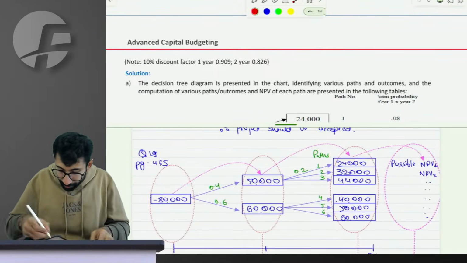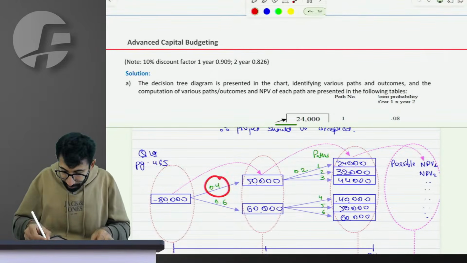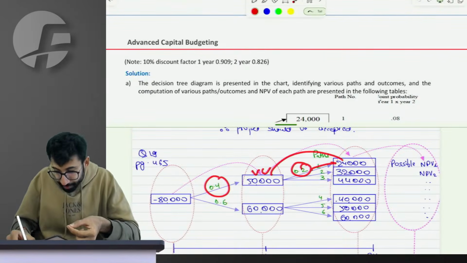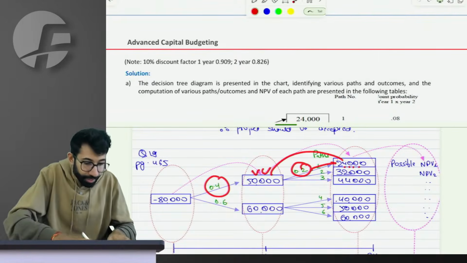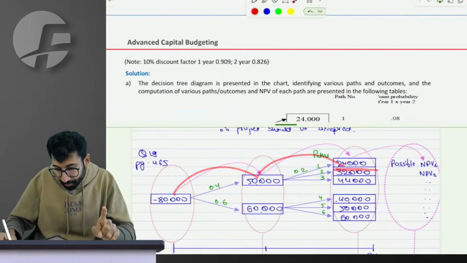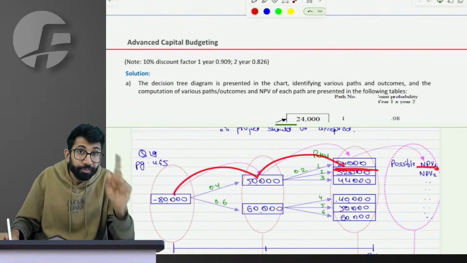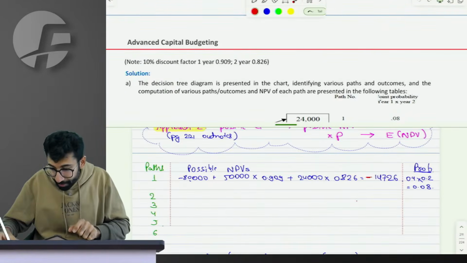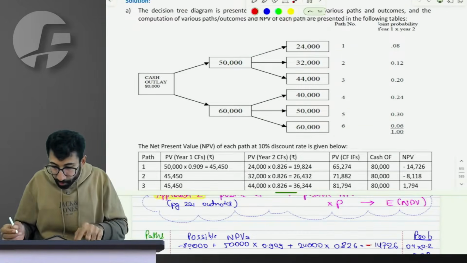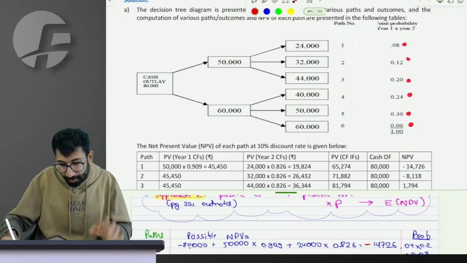Do you agree the probability of receiving these cash flows is a 40% chance of receiving 50, and if I receive 50, then further only a 20% chance of receiving 24. So 40% into 20%, people in the class, give me 8% chance of getting the NPV which is there in path 1, which we are calling NPV 1. Possible NPV 1 I will receive has only an 8% chance if you observe. Requesting people in the class, your responses: could you connect these, this is the decision tree, with the joint probability of its occurrence being this.